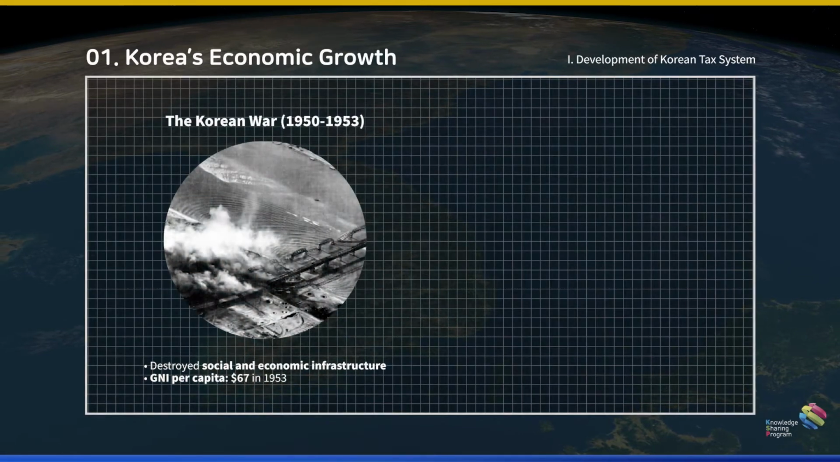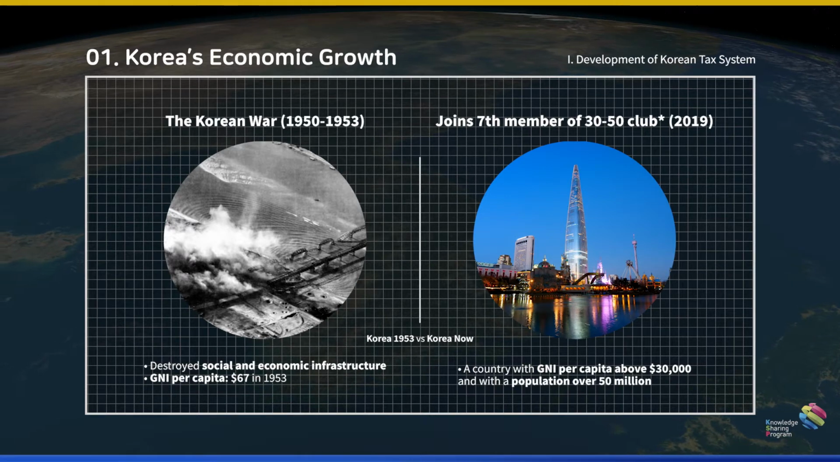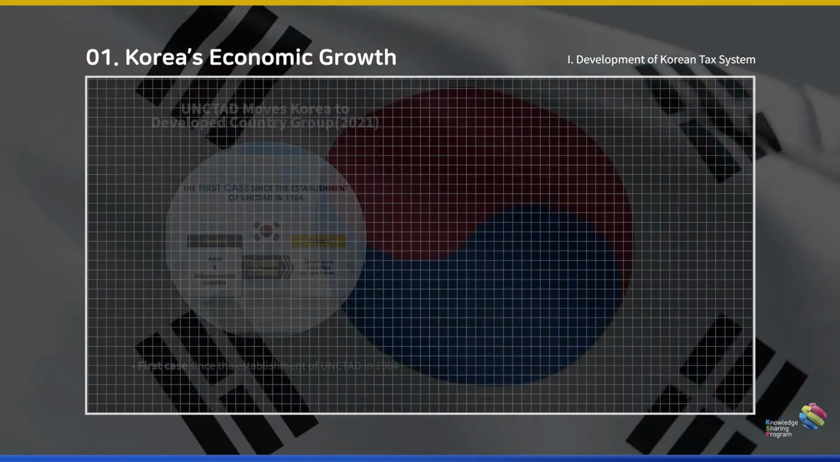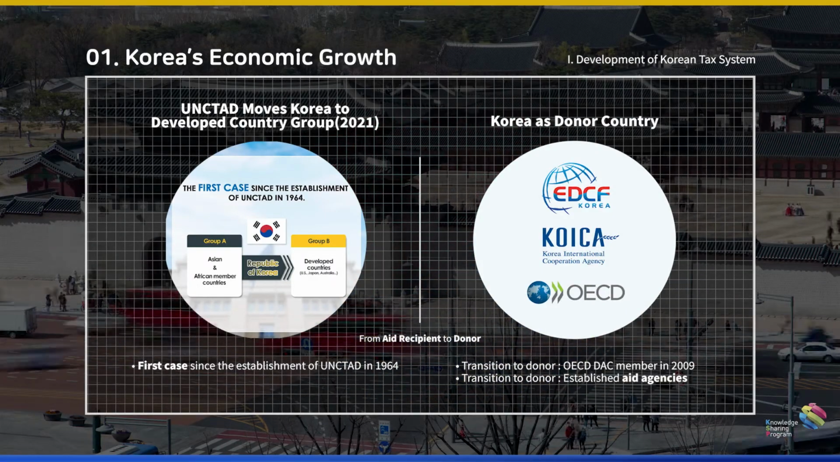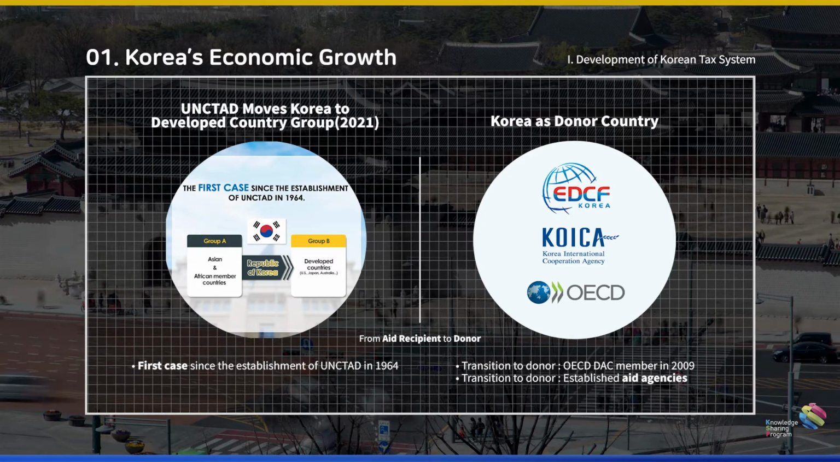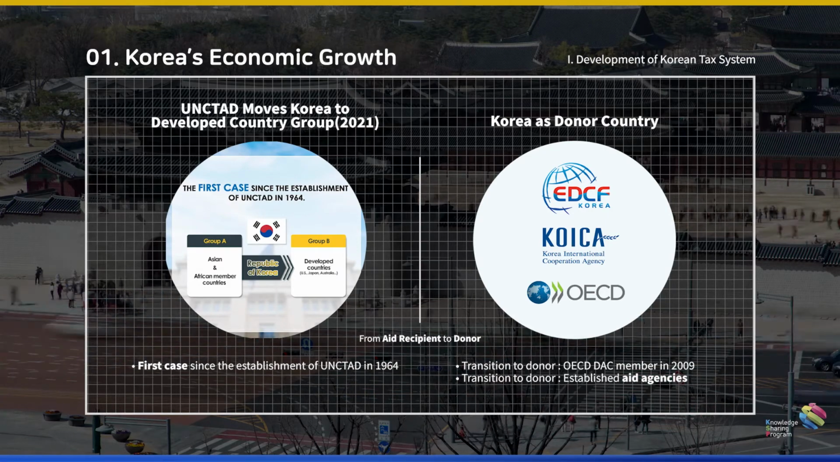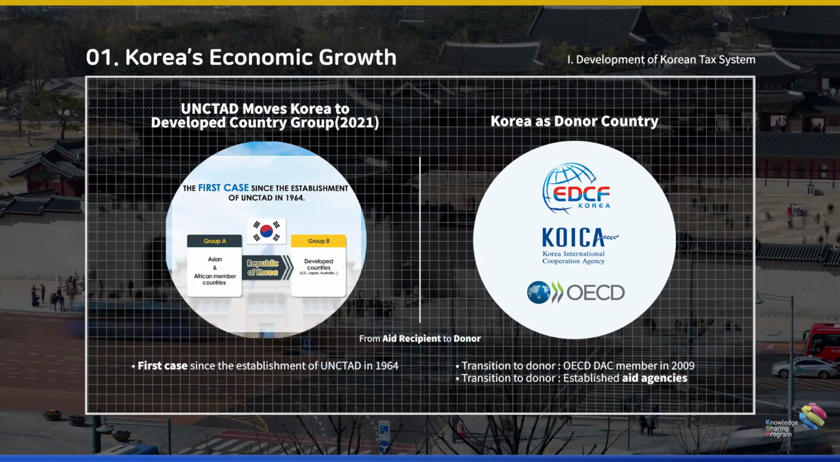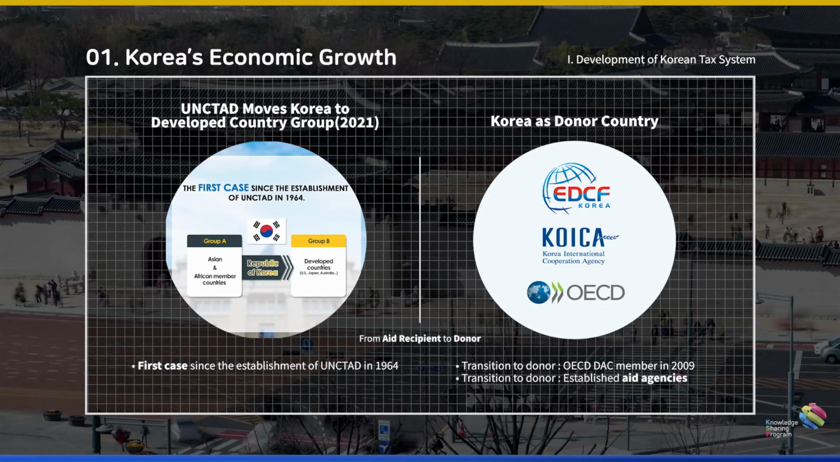Today, the world is amazed at the total transformation of the South Korean economy. Who would have imagined a country hopelessly devastated by a civil war would become the seventh member of the OECD's 30-50 club in the span of much less than a century? Moreover, in 2021, UNCTAD's Trade and Development Board unanimously decided to move the Republic of Korea to the developed country group. This is not only a historical moment for Korea, but also for UNCTAD, since South Korea thus became the very first instance of a country that successfully progressed from Group A to B